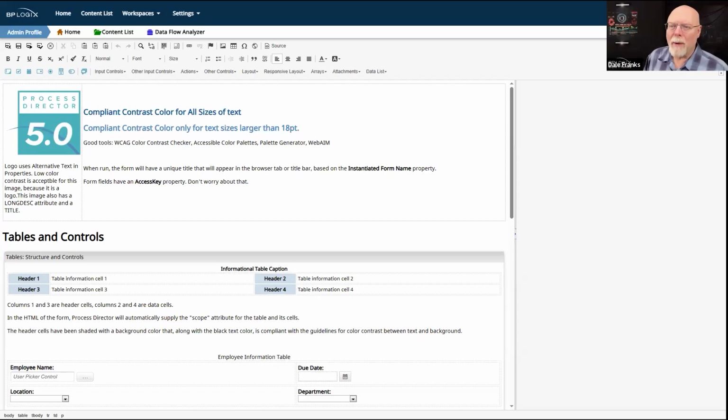I dislike talking about accessibility and responsiveness as if they were separate topics. They're not really. They are largely the same thing. Responsiveness is part of accessibility in the sense that the point of both of these features is to make your forms easily accessible, navigable, and readable on any viewport for any browser, no matter what the size. And so responsiveness really is a subset of accessibility.